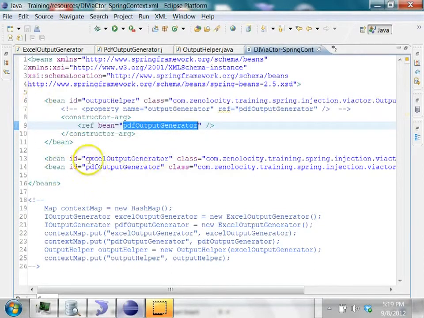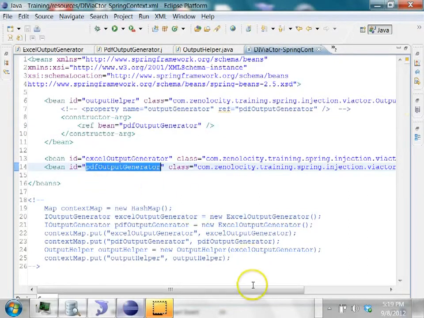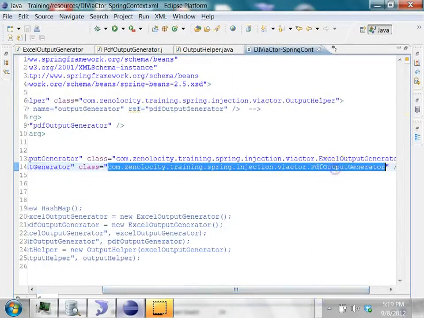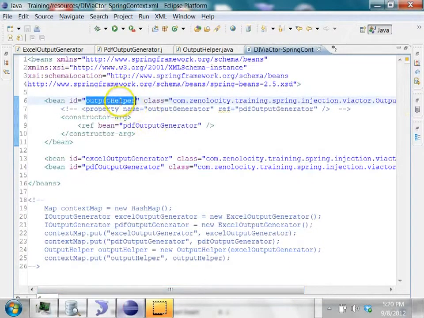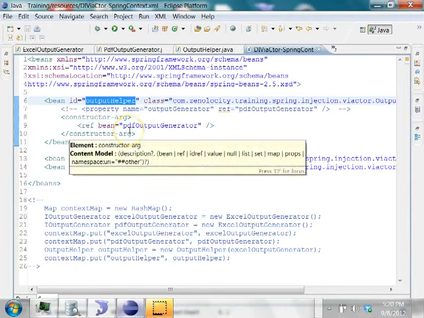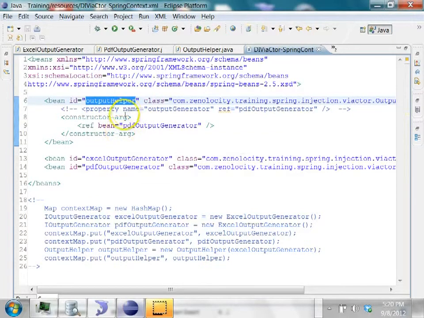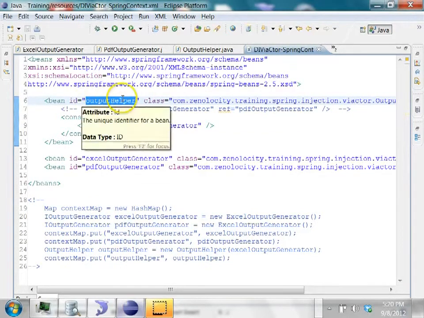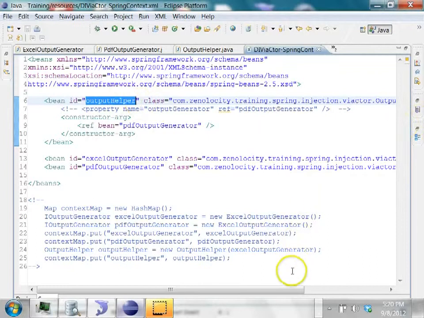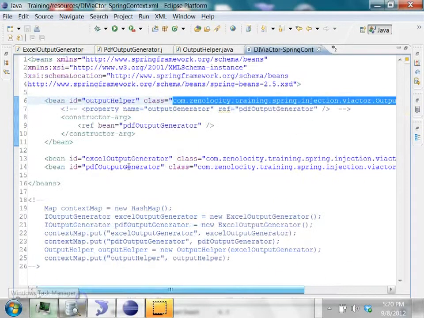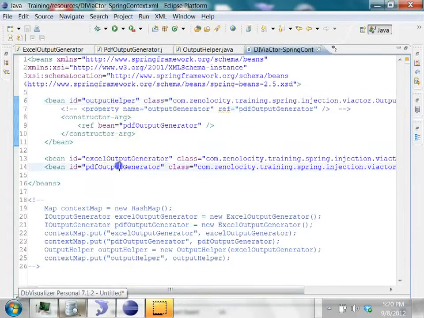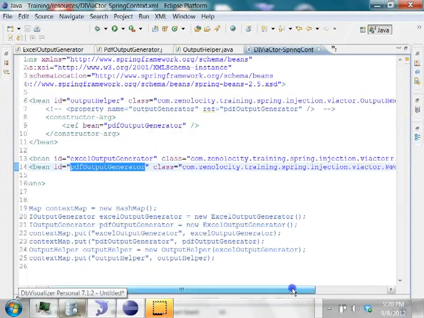Here in the Spring context configuration file, you have a bean called PDF output generator, which is of class PDF output generator. So when you request from the Spring container a bean with ID output helper, it will create an object of output helper using the constructor, and in the constructor it will pass an object of PDF output generator.